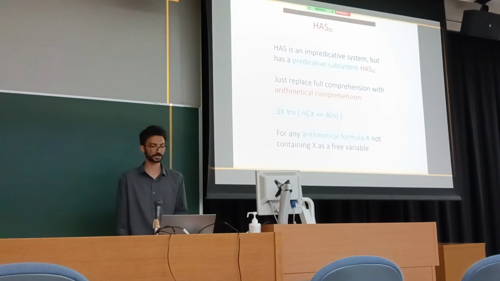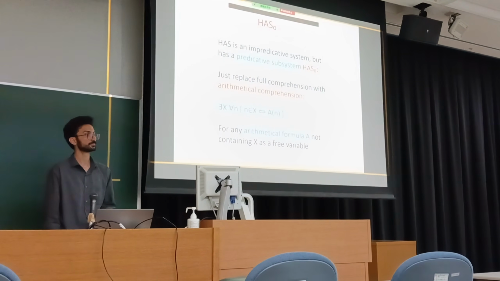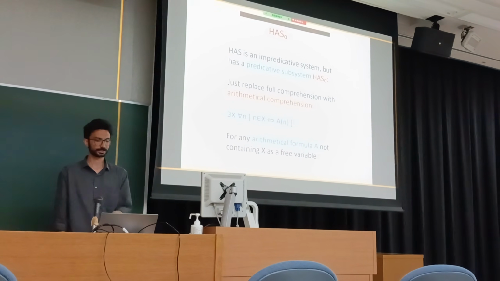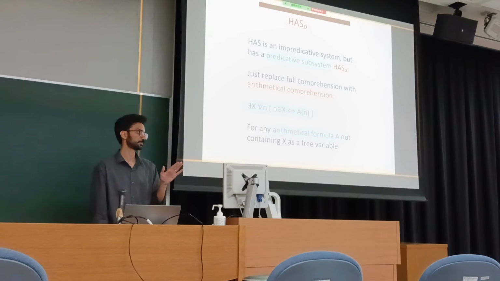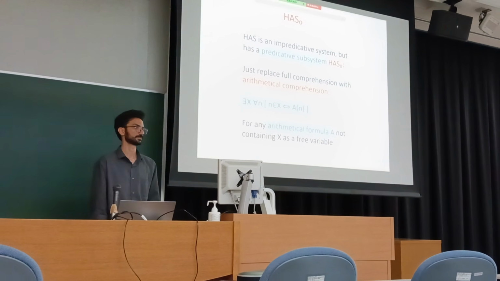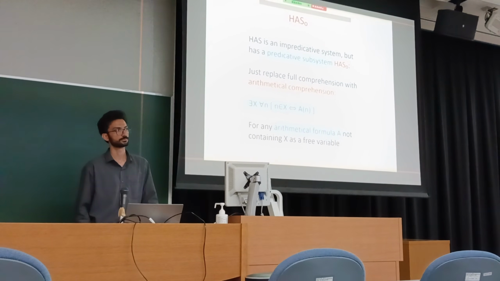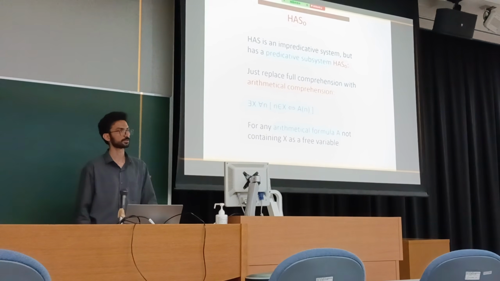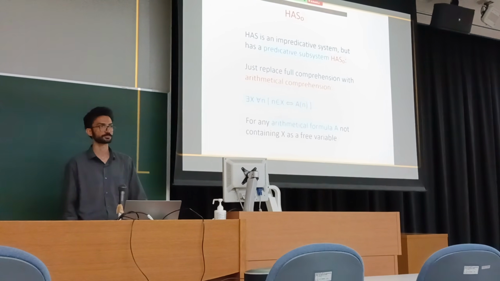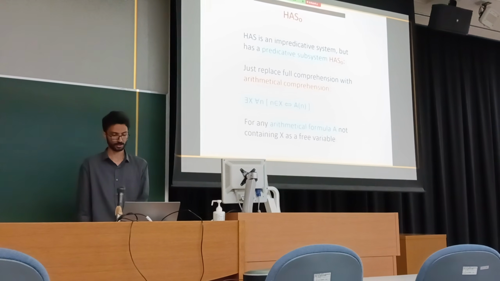Obviously, HAS0 is a predicative system. So you mean X is not quantified in A? I mean, you say not containing X as a free variable. Yes. Also A can have parameters, free variables, but can't have set quantifiers. Yes, so it has second order quantifiers on capital X. That's forbidden. Yes, second order quantifiers. You say forbidden as a free variable? Yes, not also as a bound variable. This particular X is used for defining the existence. Okay?